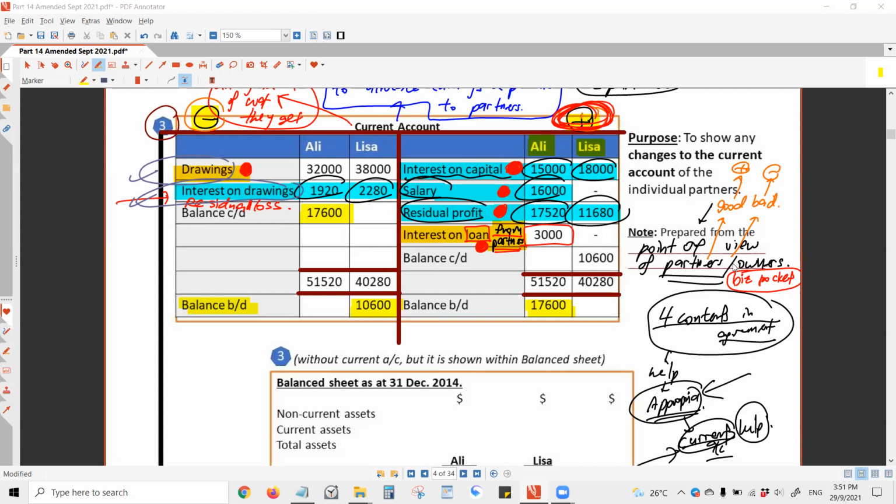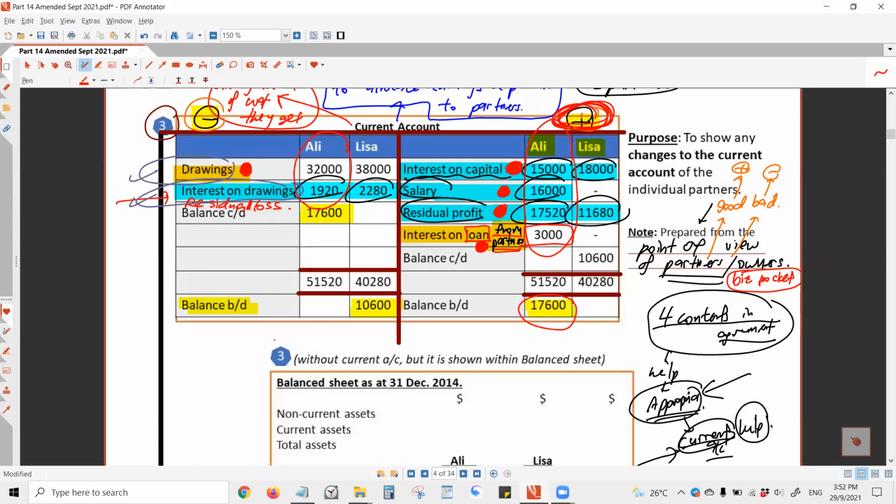Good. Okay, Cherry, correct. Good, all of you are right. Jing Jing, what do you think? Who is in a better position after I have balanced it? Ali. Because Ali has a credit balance. Ali has more benefits than all the things that are bad to him. That's why he gets a net benefit.